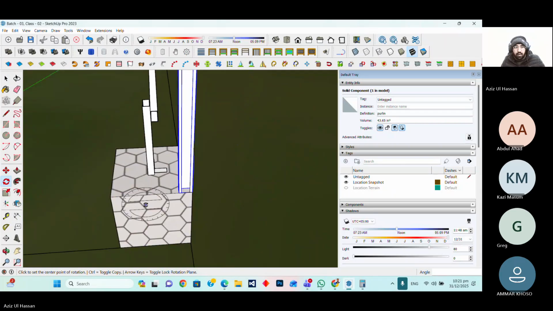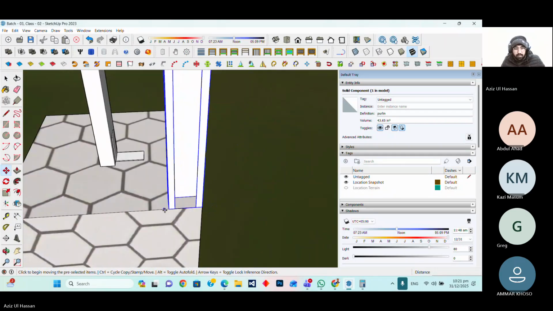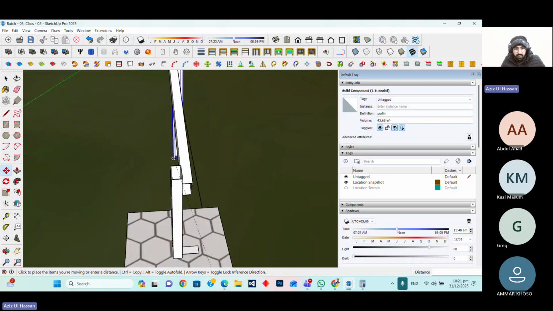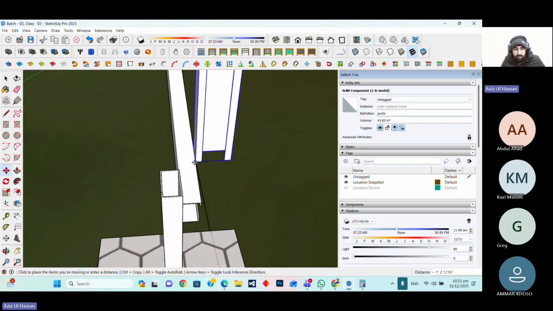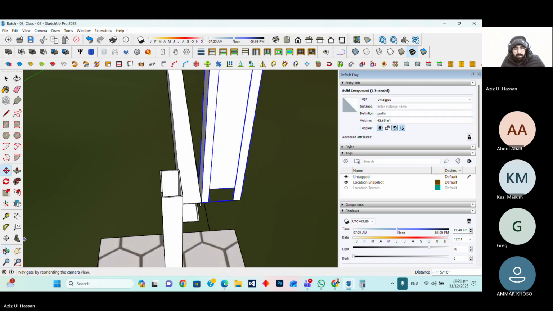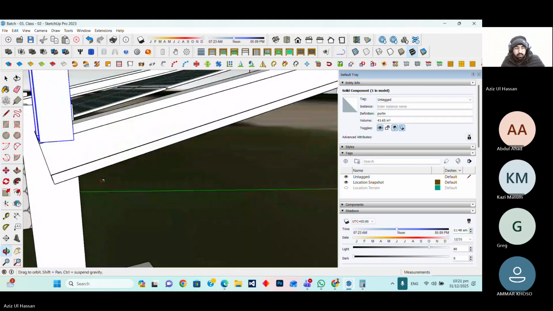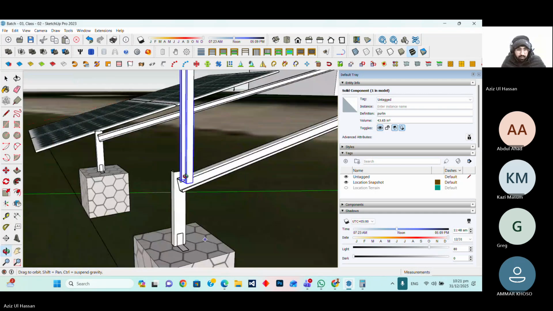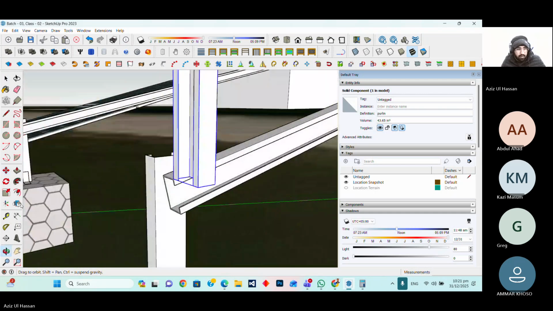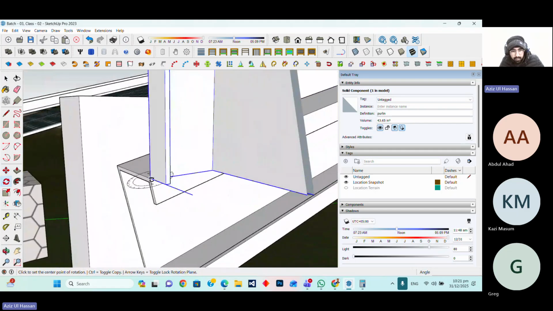Okay. Now you just move them to this edge of that. Okay. Now again you will